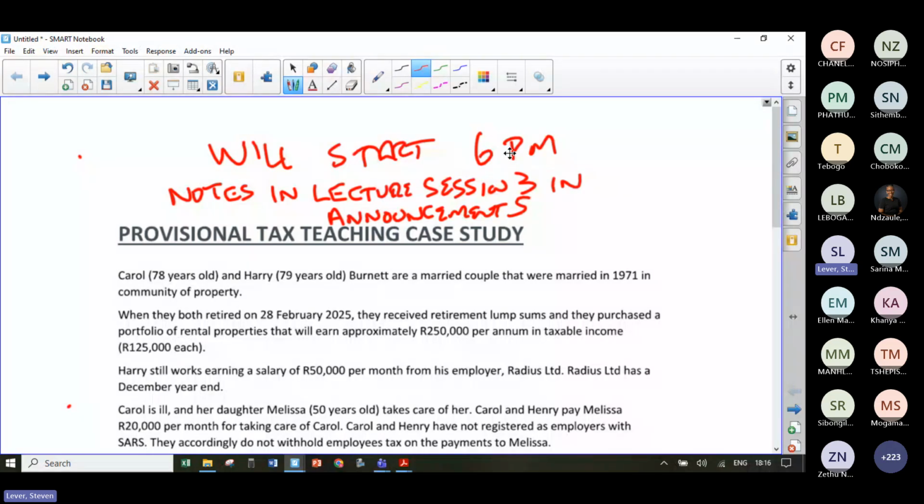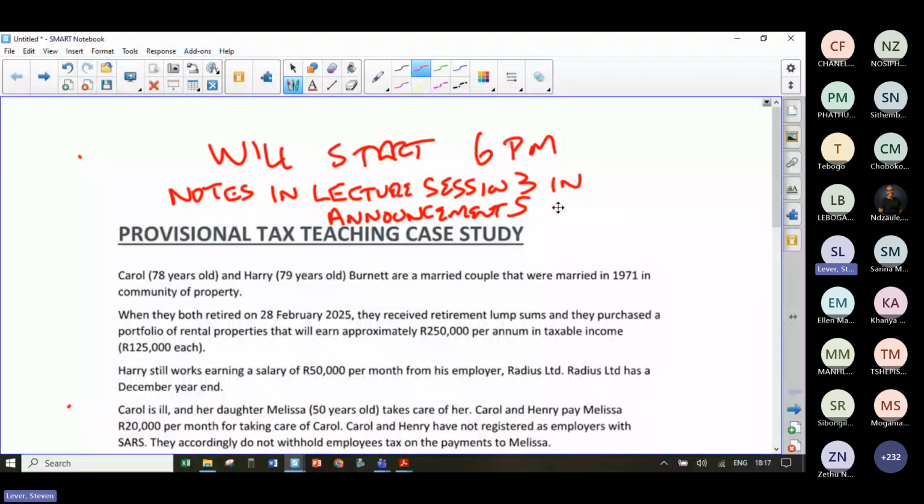So you need to make sure you know how to do a number crunch for an individual, number crunch for employees tax, and what we're about to do now, a number crunch for provisional tax could be asked in a paper. Provisional tax in last year's year-end exam, there was around about a 10 to 15 mark question on the stuff that I'm doing tonight. So it was asked in last year's year-end exam. Just to give you a little bit of a heads up.